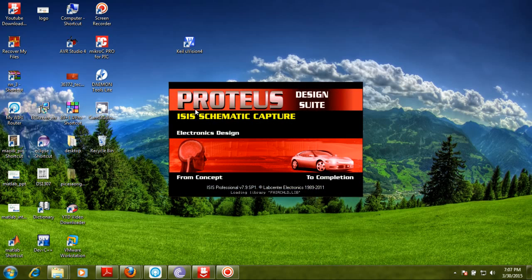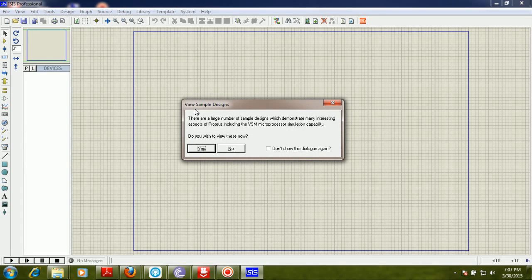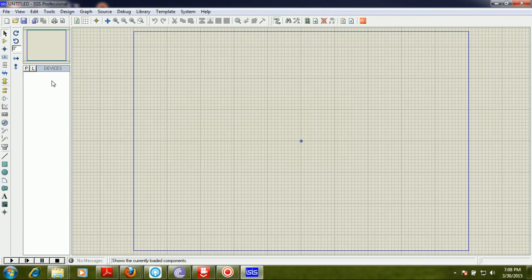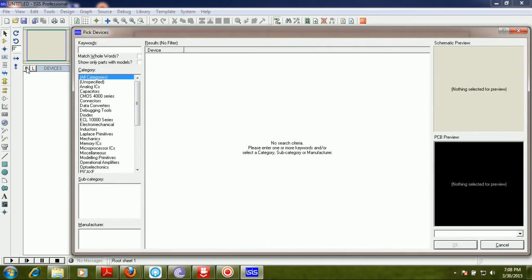We are going to run Proteus. Proteus is a type of integrated development environment in which we make a virtual environment or virtual circuit to test our real hex file, or we can say we can check our programs. Okay, so let's start. I'm going to click on P. P stands for pick from library, and then